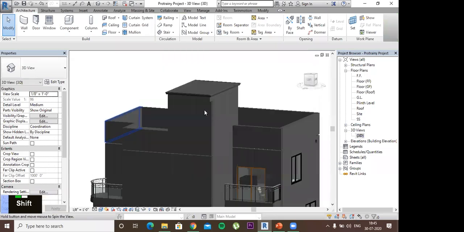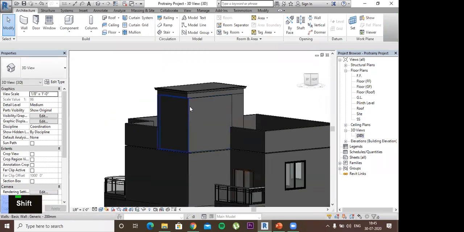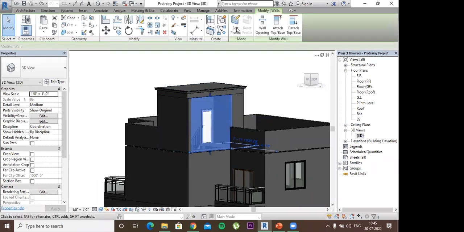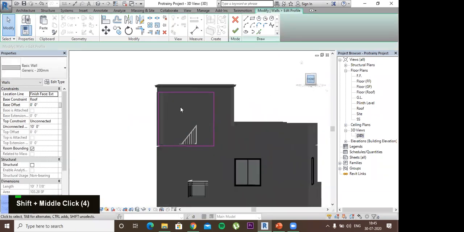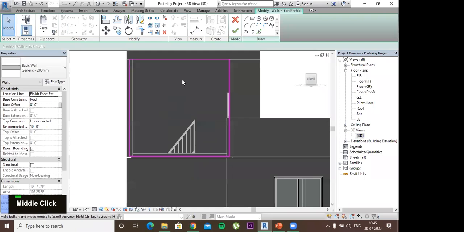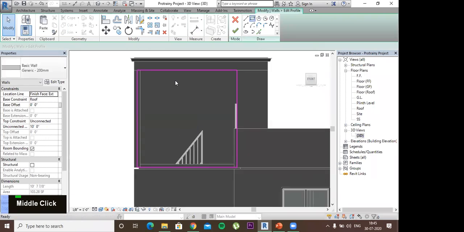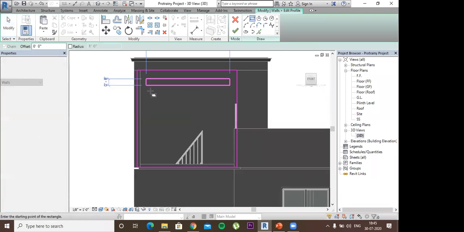For example, I want some air circulation in this. So I'll select this wall profile, this one. I'll edit profile. Go to the front view. And I'll make some small gaps. Like this.